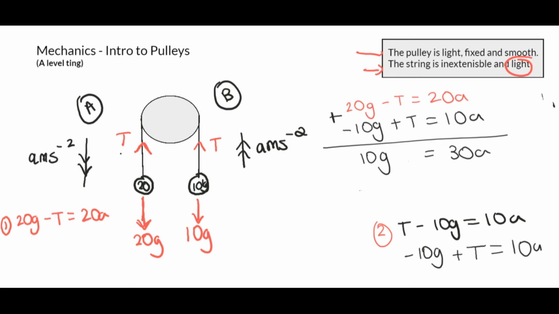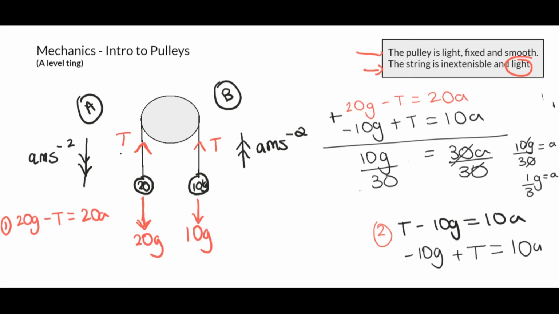Because what we do now is we've got 10g equals 30a, yeah? What I'm going to do is divide both sides by 30. So I can get rid of the 30 with the a, because then these cancel out. And then you're going to have a is equal to 10g over 30. I hope you understand what I'm saying right now. So a is 10g over 30. Or you can simplify that and say a third g is equal to a, because 10 divided by 30 is going to be 1 over 3.